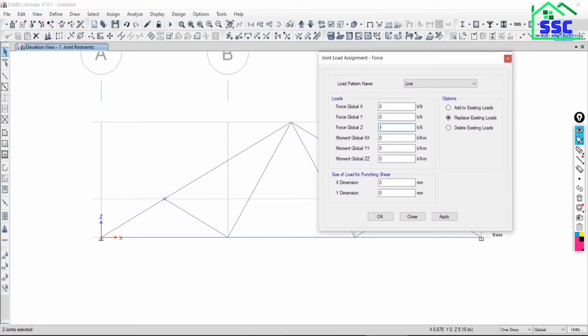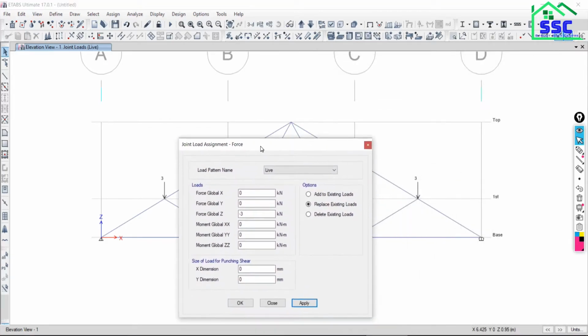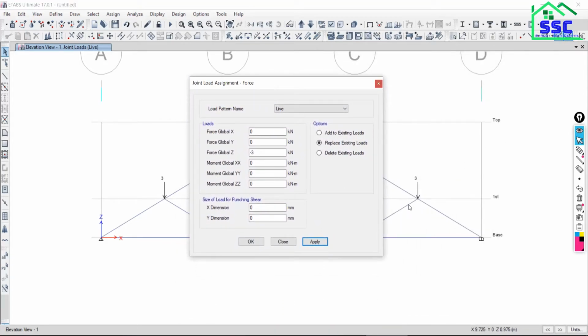So put a minus sign and then 3, say apply. So is it visible? 3 kilonewton force has been assigned to the required joint. Okay. So in this way you can assign the vertical direction load in the vertical downward direction.